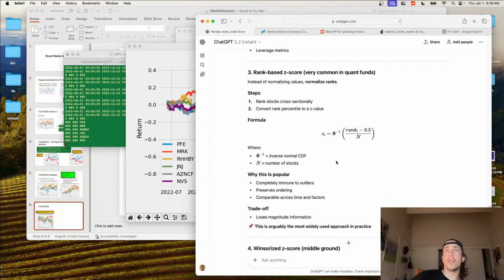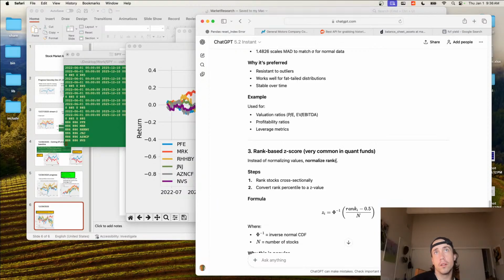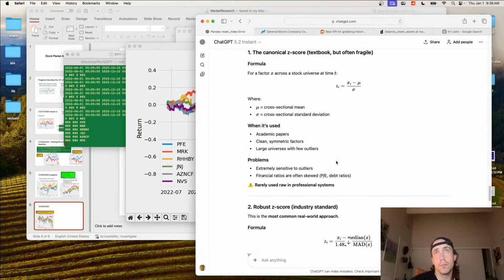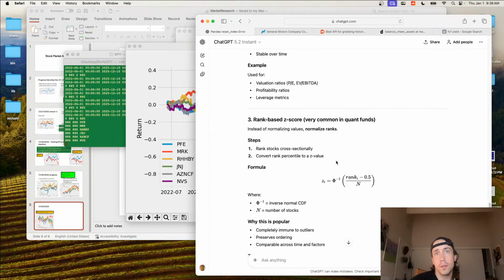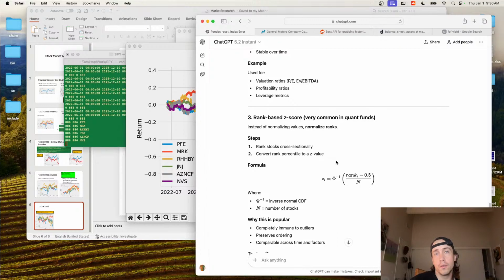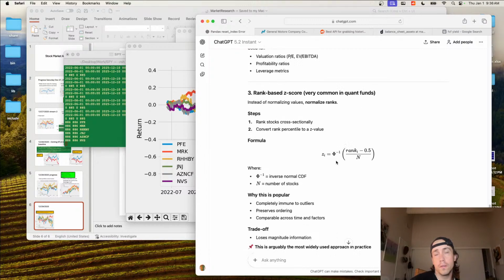Instead of normalizing values, normalize ranks. Rank stocks cross-sectionally. Convert rank percentile to a z-value. Inverse normal CDF